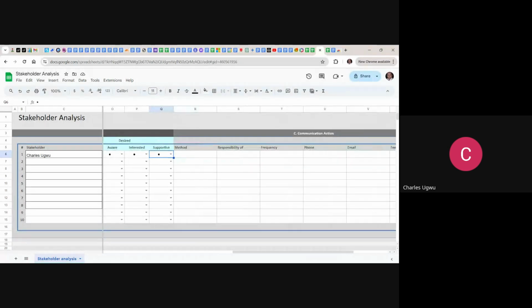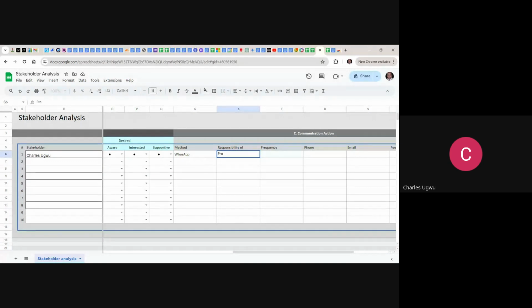Then you come over here, communication method. Stakeholders, you try to understand their various means of communication. For me, in our project, I prefer using WhatsApp. Some people prefer email. You choose their own. So, responsibility of who should be communicating, Charles,